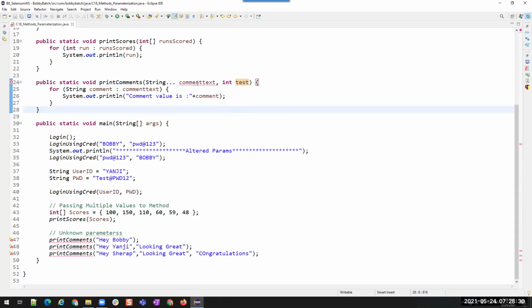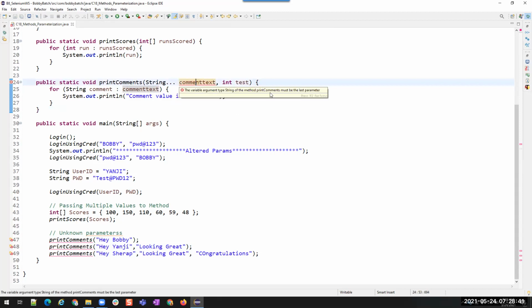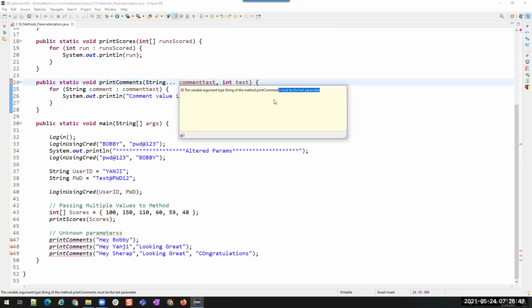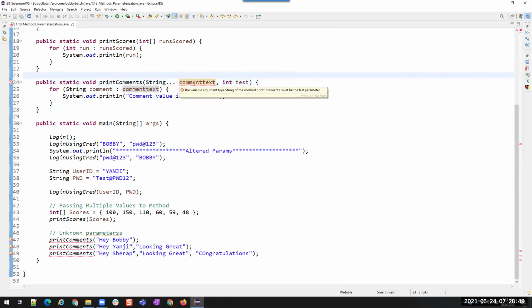The variable argument type string of method print comments must be the last parameter. You see it? Must be the last parameter. Got it? So it cannot be in the first position. This should always be in the last position.